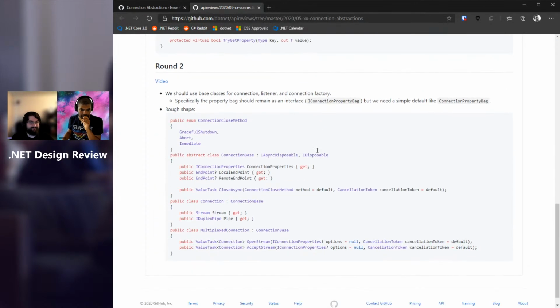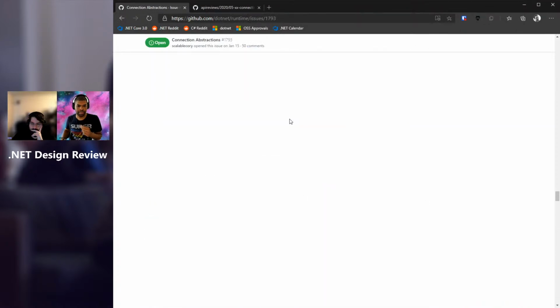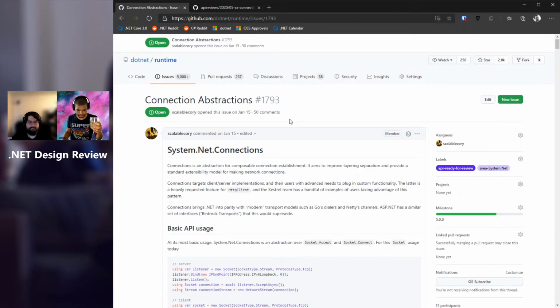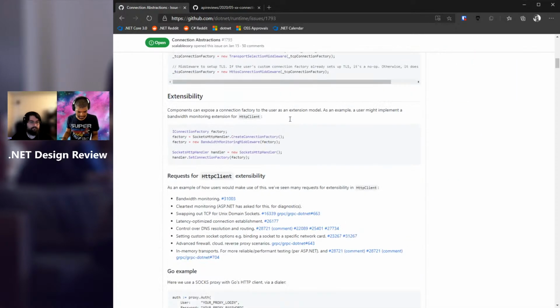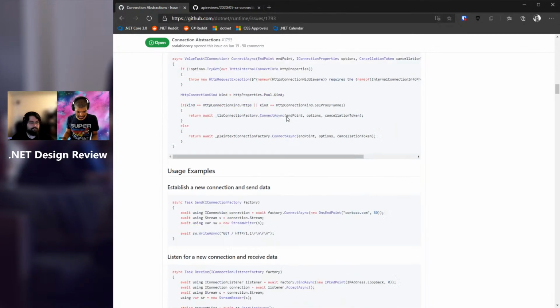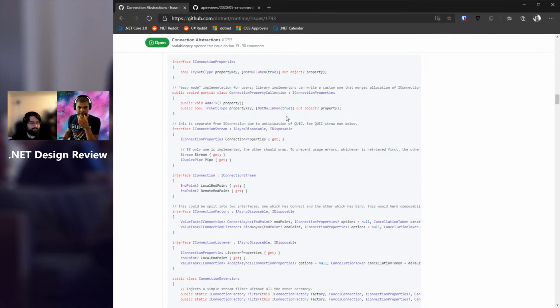All right, so this is round 2. Yep. So we basically have the connection class more or less figured out. I think probably the best place to move on to is the ConnectionFactory interface. So if we go back to the other tab, we can take a look at that. If you go down to proposed API,